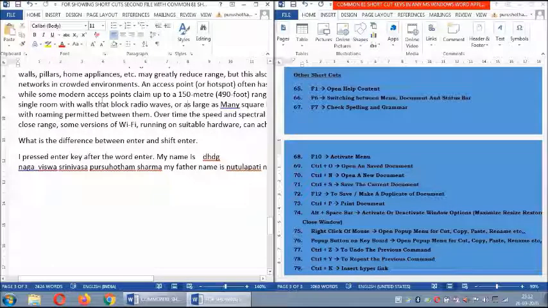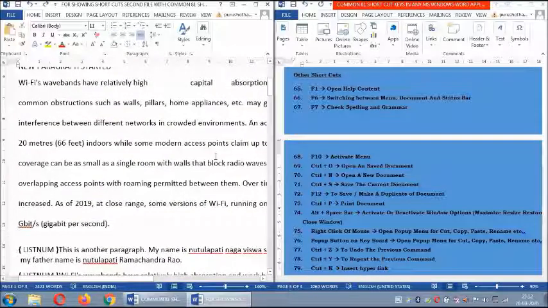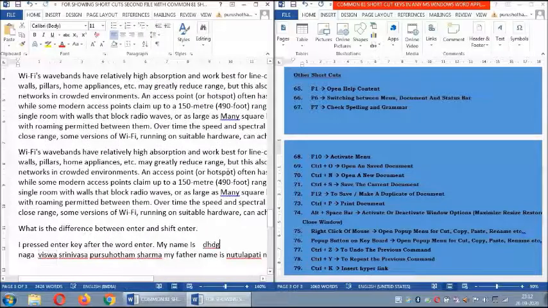So Control Z. Whatever the previous command you have done will be undone. Previously I wrote something. Control Z. It is moving away. Whatever I have done, replacing, whatever, it is going away. But I want to repeat again. I say Control Y to repeat the same commands of what I have done. This is the last word I have done.